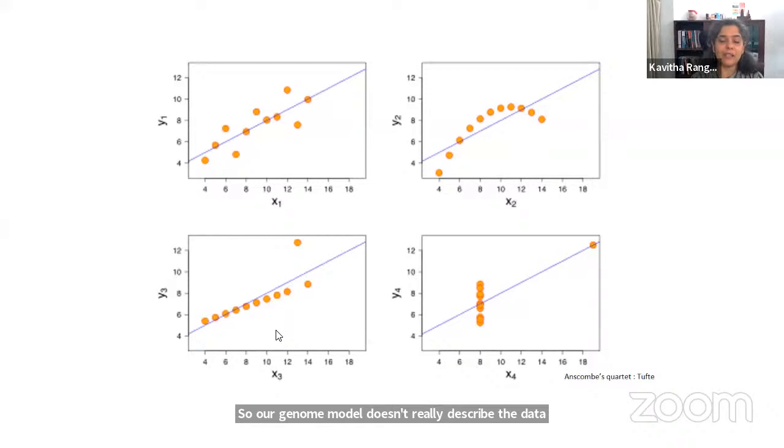Whereas in the third one, what you can see is this is a linear model, but it's a very different linear model than the one we have found. And there is one exception, one point that is very different from the others, which you can clearly see in the visualization. And of course, X and Y are still correlated to each other.